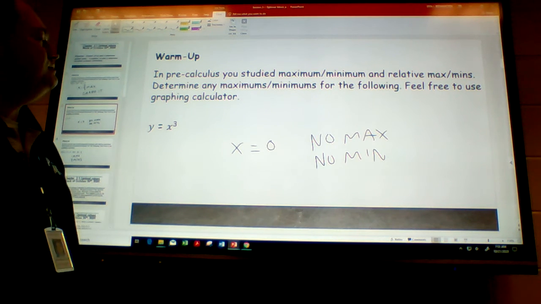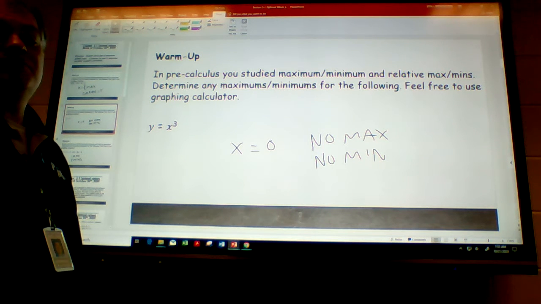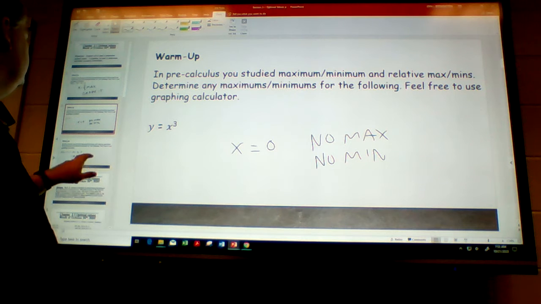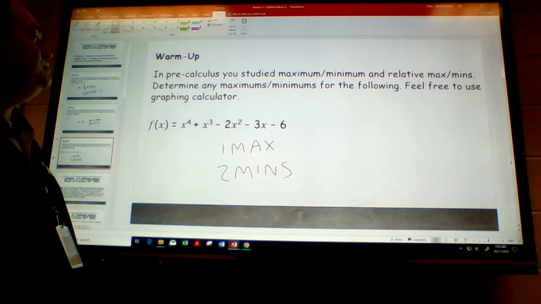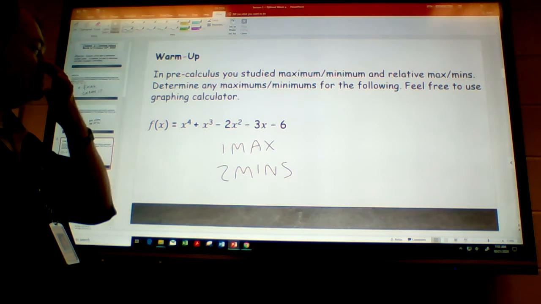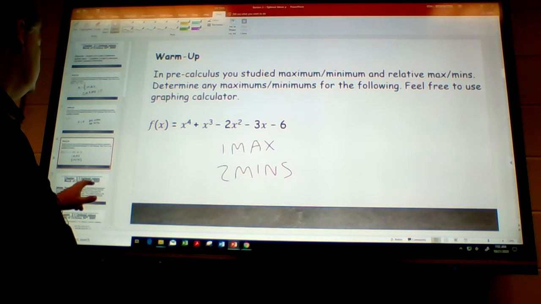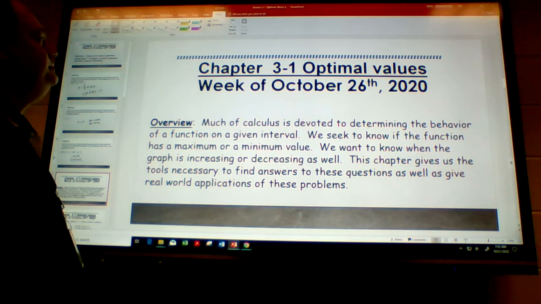For the next one, y equals x to the third. There is no max and no min. You can check those by graphing it on your graphing calculator. And then this one, you can check and you will see that there is only one maximum, but there are two minimums. So you can check those on your own. Okay. Now,